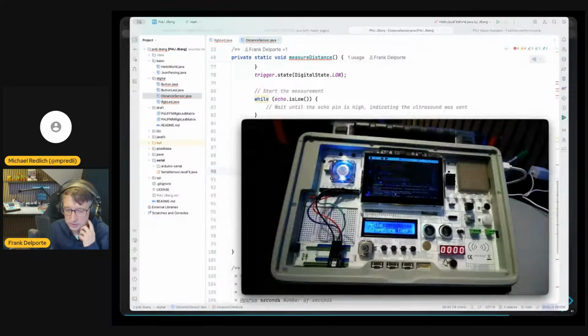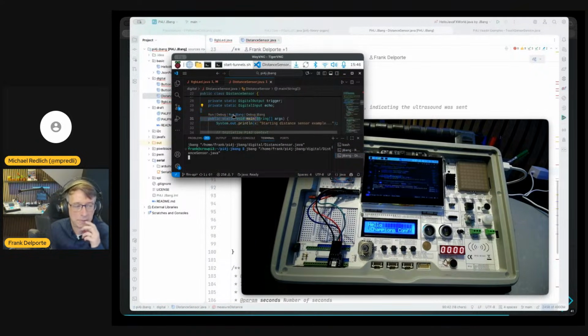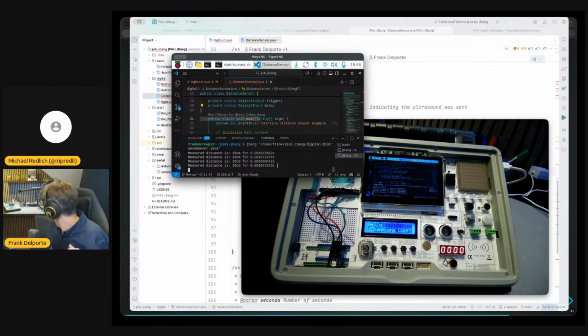So let me try that again. Where is my code? Here is my code. So distance sensor. If I just start this, then you see it now measures something about 18 centimeters, and that's the distance to the camera in front of it. If I put my hand,